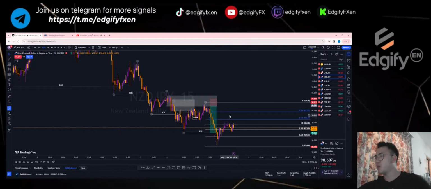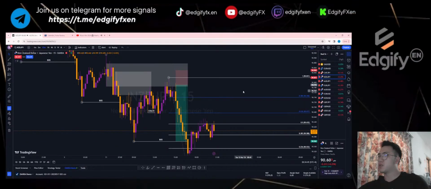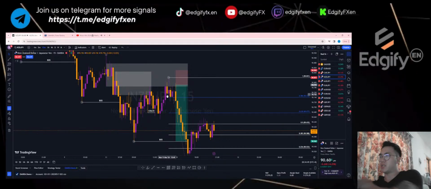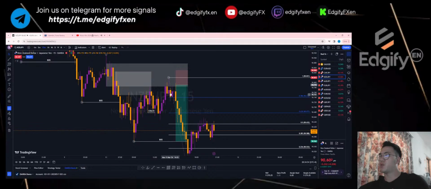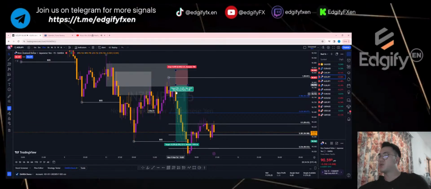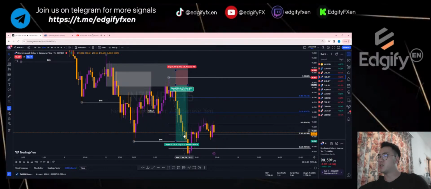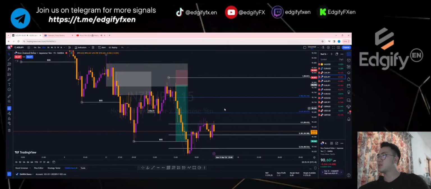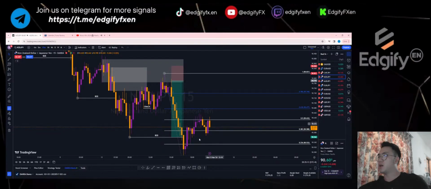As for NZD JPY, I actually missed out on this trade. I took a trade somewhere about this level, but when I took the trade, I didn't have a solid confirmation, so when the price was in profit, I closed it. When it came to this level here, I did not actually look at this level. The price actually hit my TP about 1 to 3.8, with only about a 6 pip stop. I did not manage to snatch this trade.